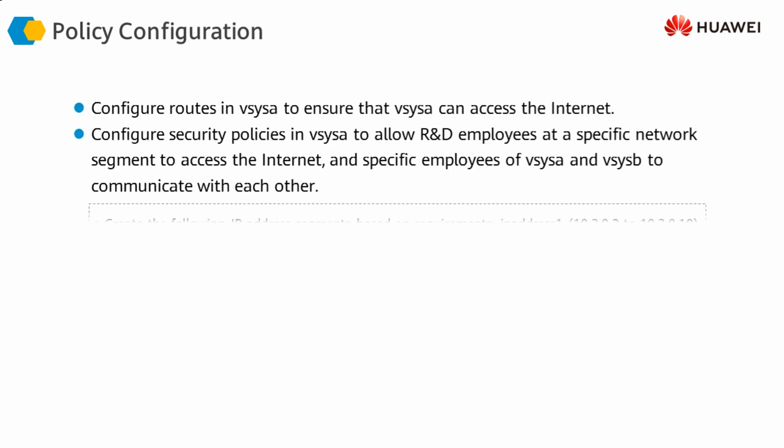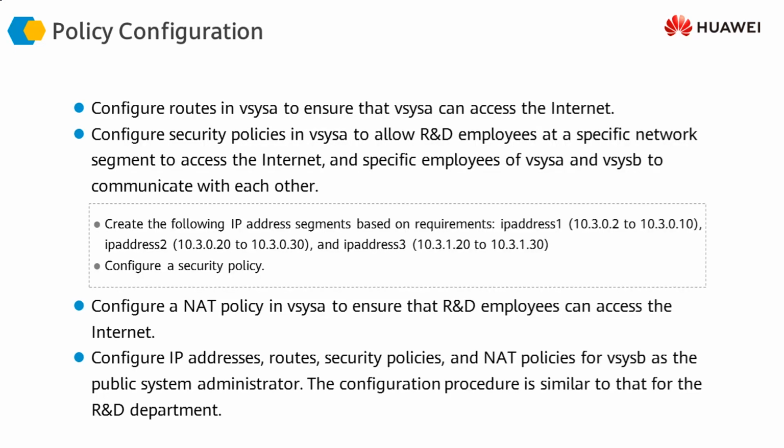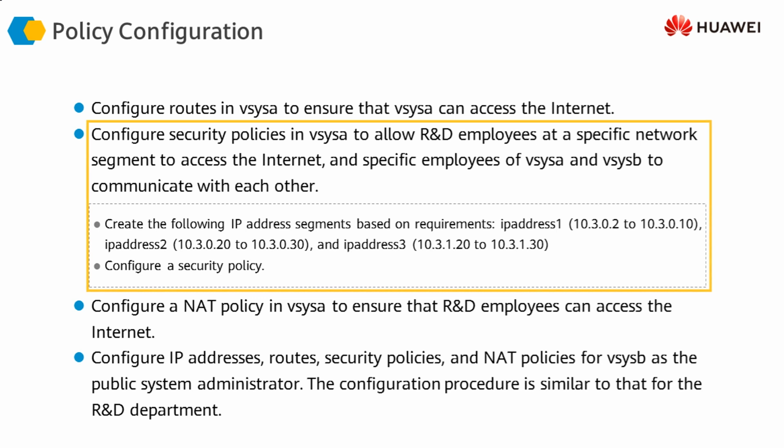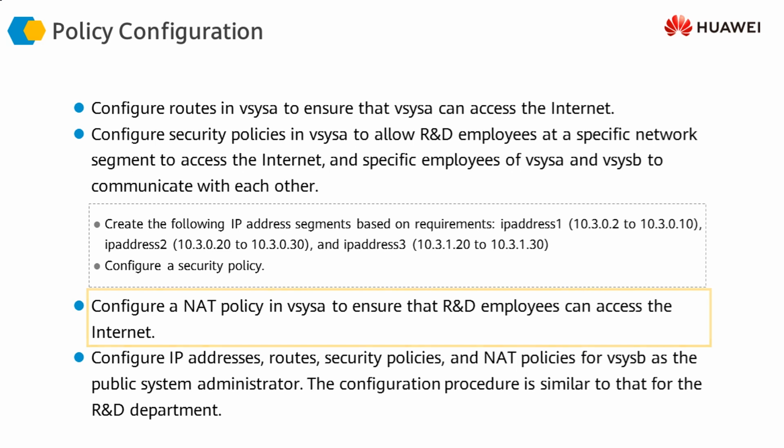The next step is to do the policy configuration for these virtual systems, so that these virtual systems can forward traffic or implement the security policies for forwarding traffic through these firewalls. This is actually not exactly related to virtual systems. This is basic firewall configuration, where you configure the access list, the security policies, the NAT policies, etc., just to define which traffic can go through the firewall and which traffic cannot pass through the firewall. So this configuration is also extremely important, but this is basic firewall configuration and not virtual system specific configuration.